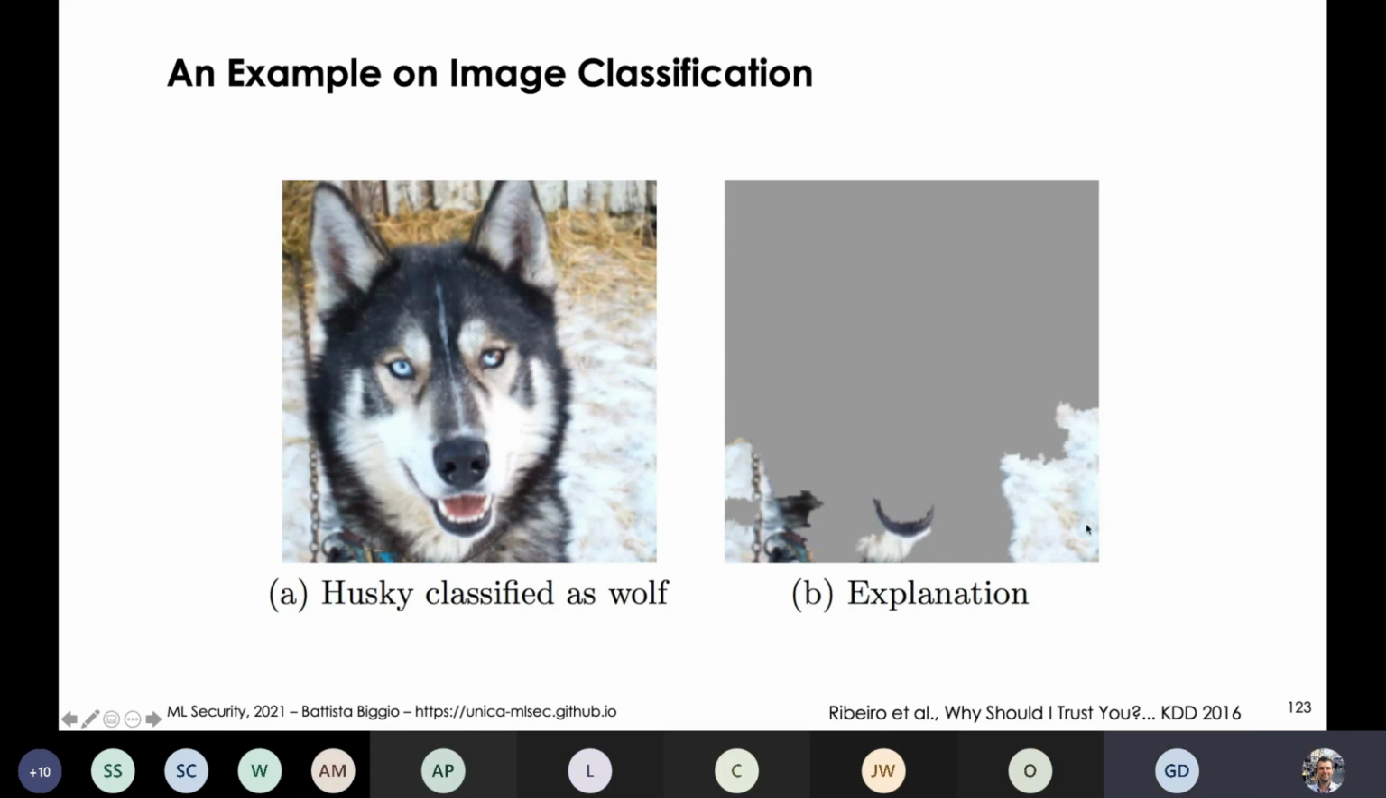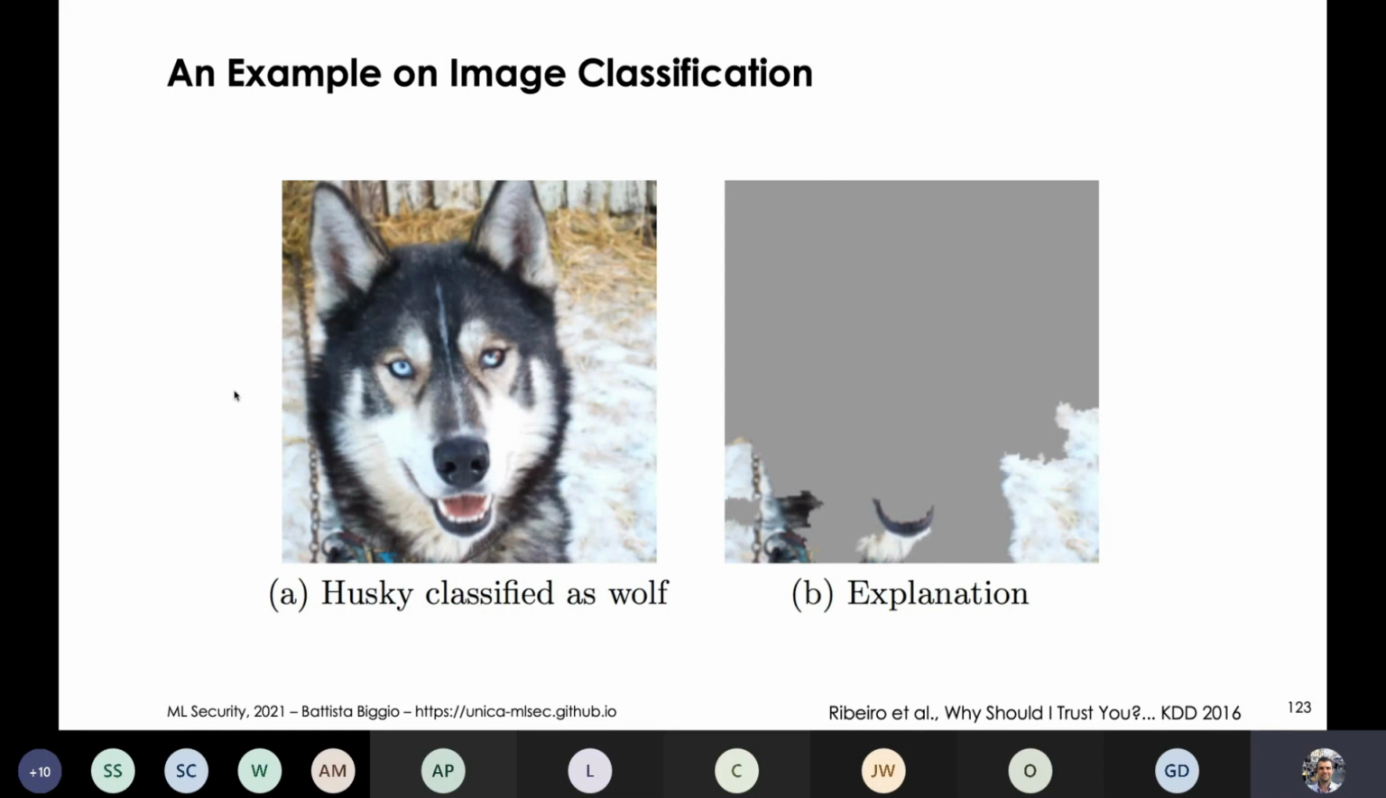Does anybody have an answer? Okay, maybe yes. Because the wolf is related to the environment in the images. Yes, more or less. So the complete explanation is that in the training data, the algorithm was provided images of